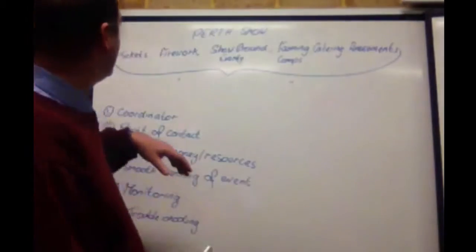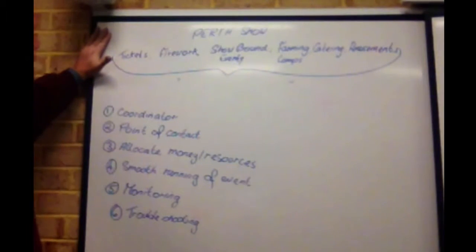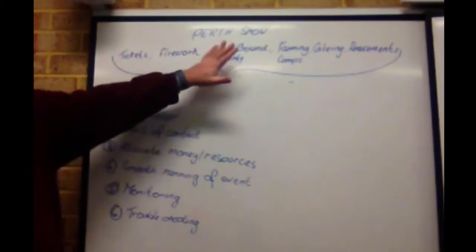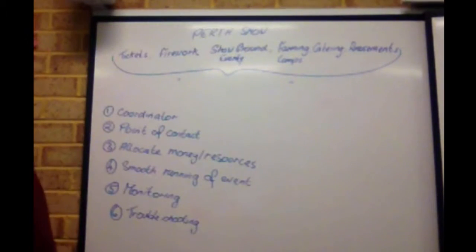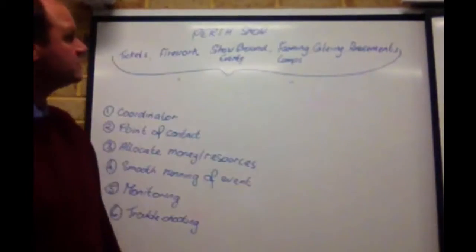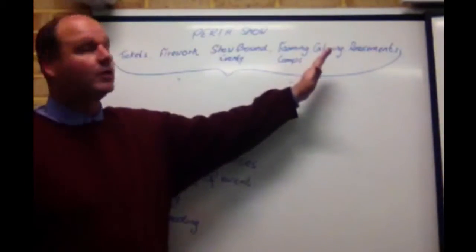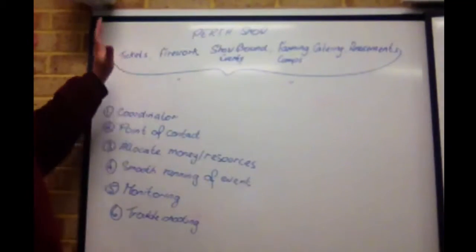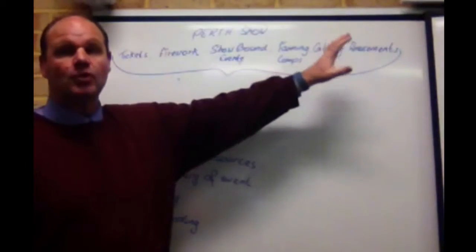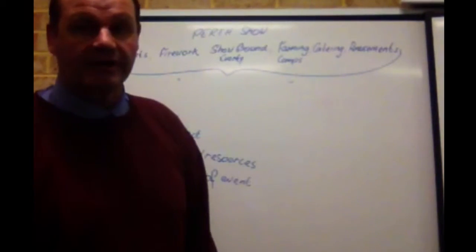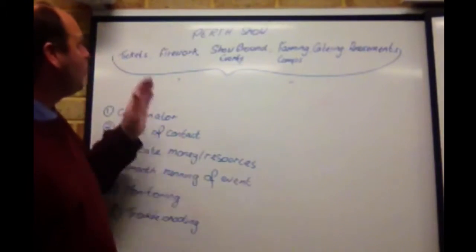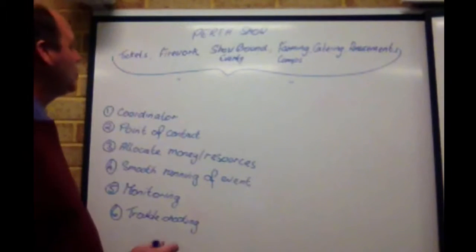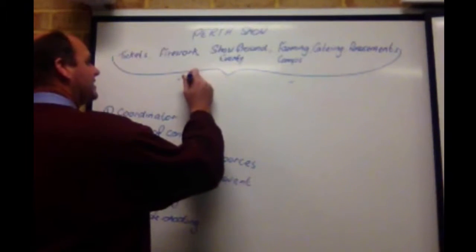So, for example, we've got tickets to think about. That big fireworks display at the end of the evening. All the showground events that carry on. The various farming competitions. All that catering. All those amusements. All that security. These are lots and lots of different aspects in order to be able to make the Perth show a great success. In order for all of this to occur, at the end of the day, there needs to be an